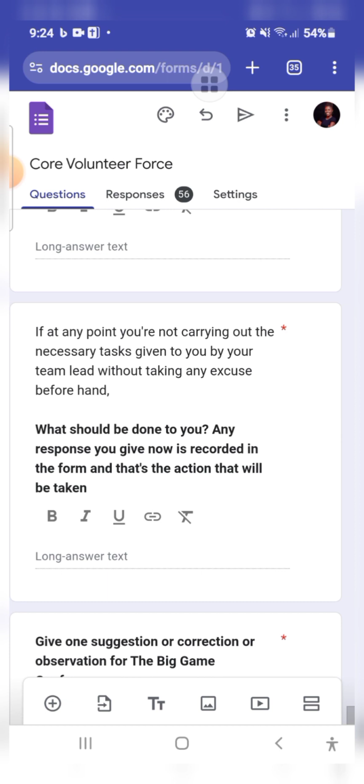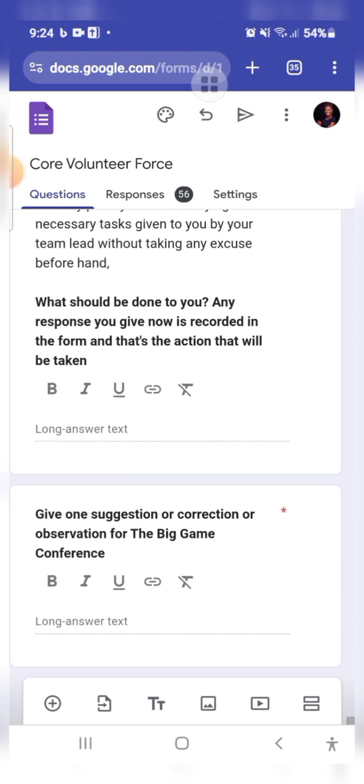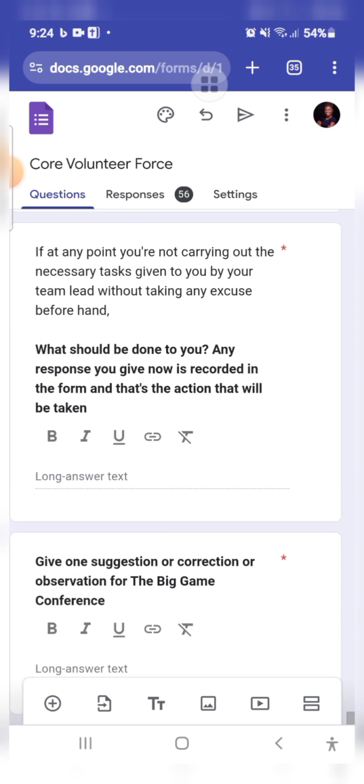Very important, because a time will come where most of these volunteers that even fill this form will not be active, and it will be giving the team lead issues. So you can just ask them what you should do to them, so that when that time comes, you relate it with the team leads and say, okay, these are the responses from XYZ persons in your team, so you know how to act. And that will also give them a sense of responsibility, because they know that, oh, I filled a form, so I don't have to do anyhow, because my response will speak against or for me,